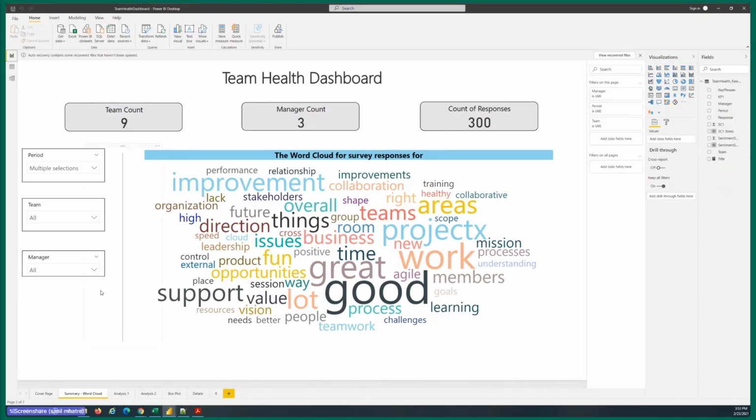So up at the very top, you see some very basic card type of visualizations in Power BI that show you how many teams we analyzed in this dashboard, how many managers were present here, how many responses we analyzed in total, and then all the way on the right hand side, you'll notice some slicers for dimensions like periods, teams, and managers.